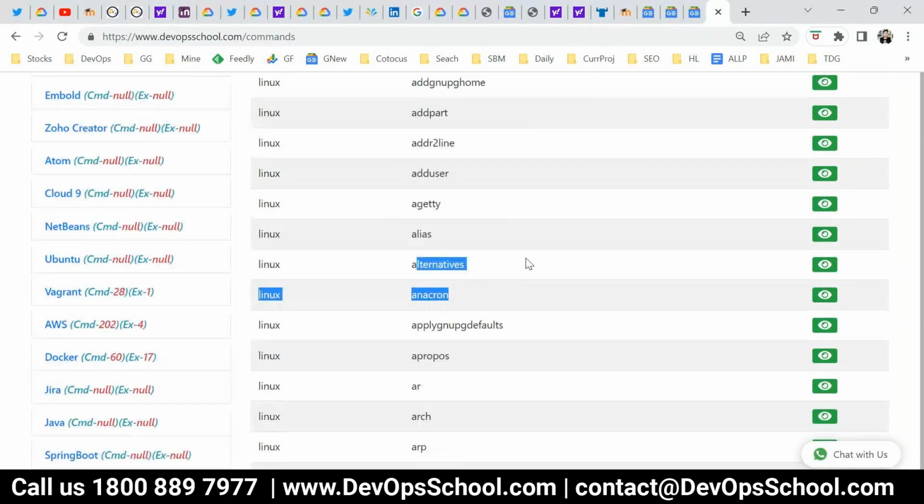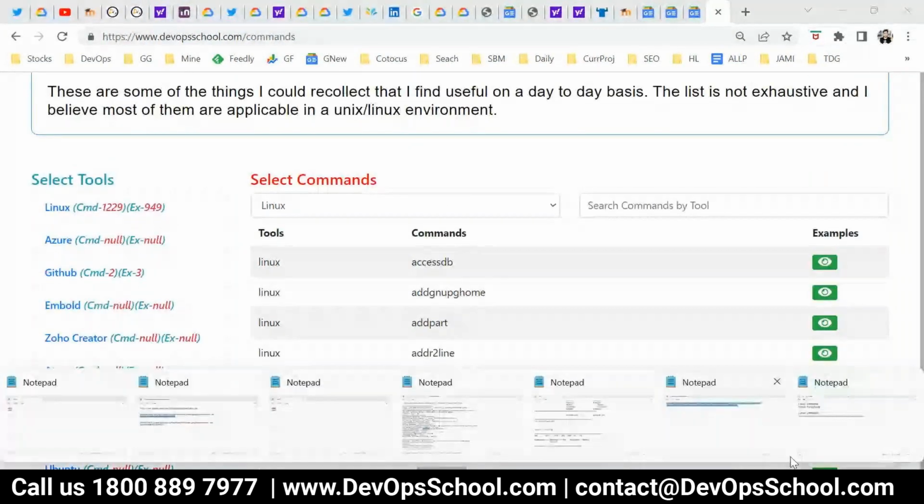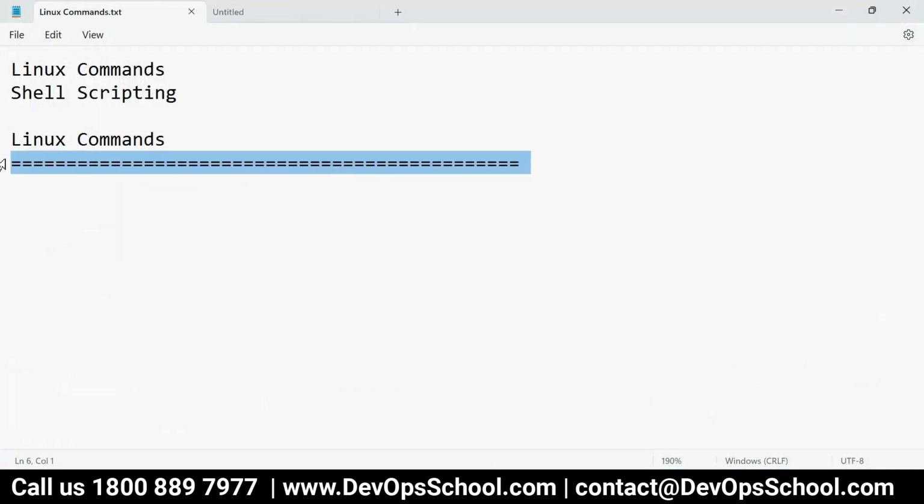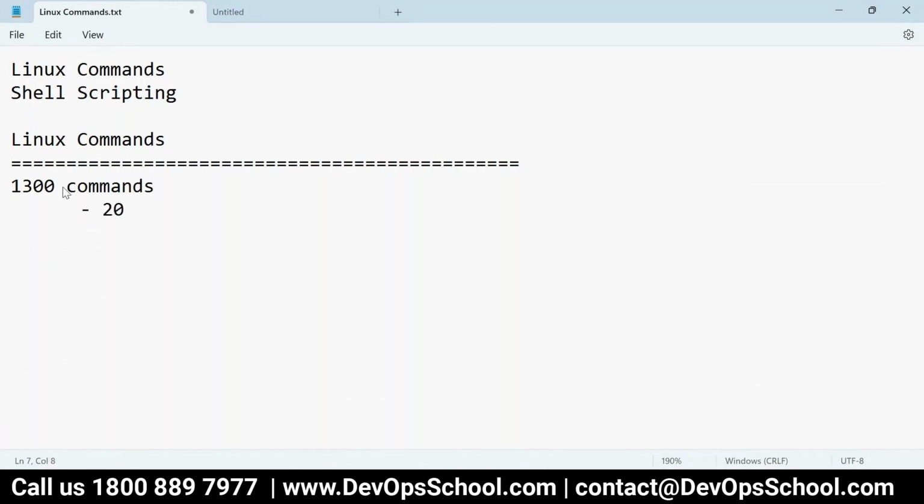Now, the first question is, do I know these commands? Let's say we have 1300 commands, and for each command you have at least 20 combinations. So how much do we know? You can calculate 1300 times 20, something like that.